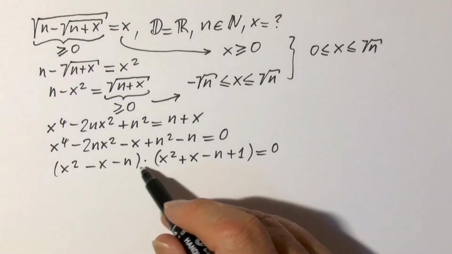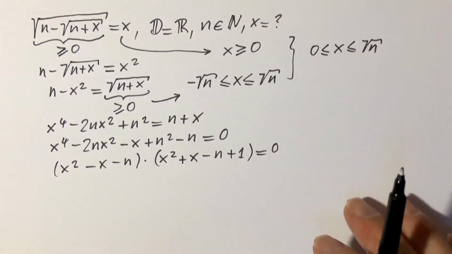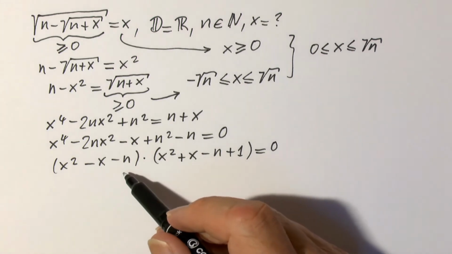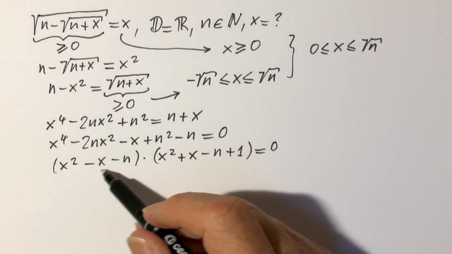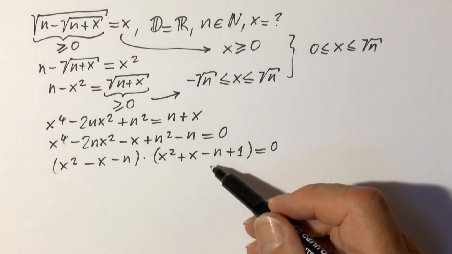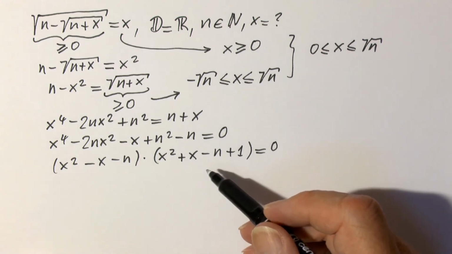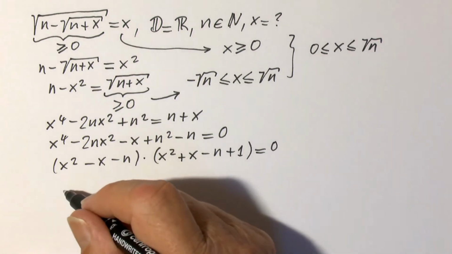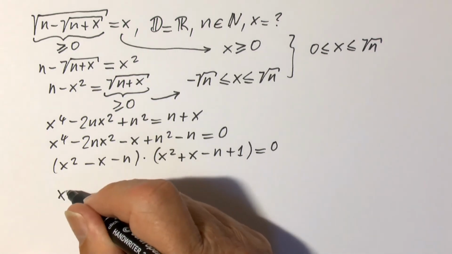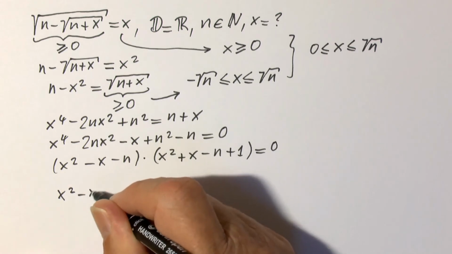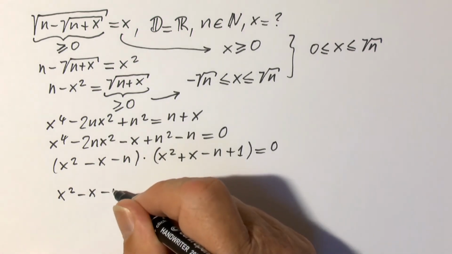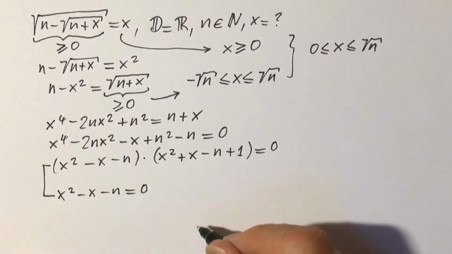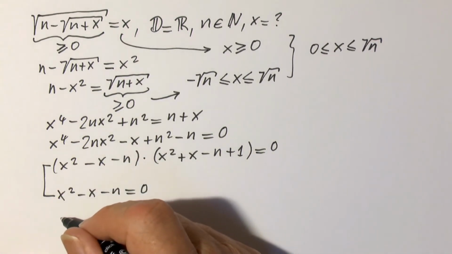So since this product equals 0, we can obtain solutions by setting each of the factors equal to 0. So first we have, and furthermore